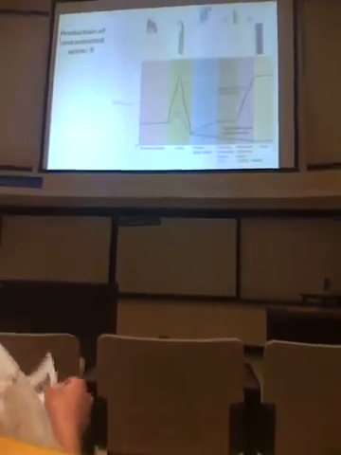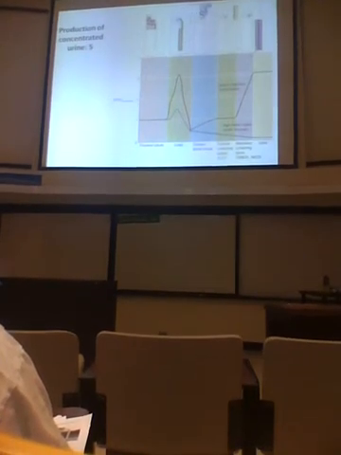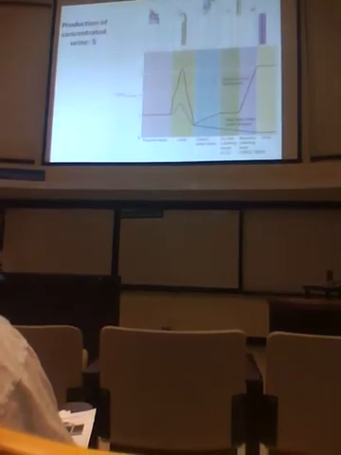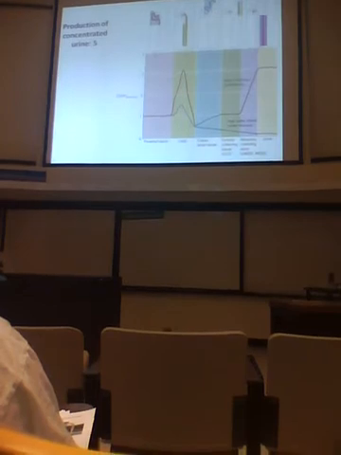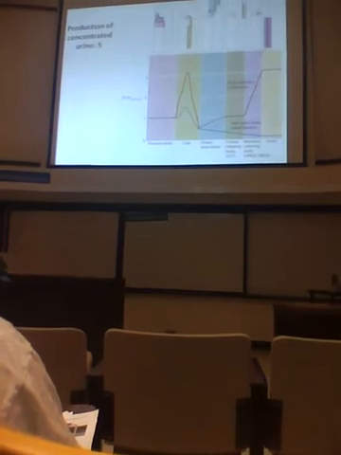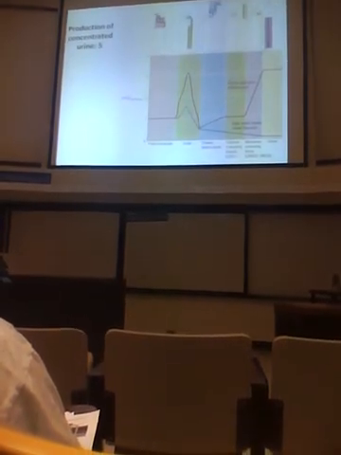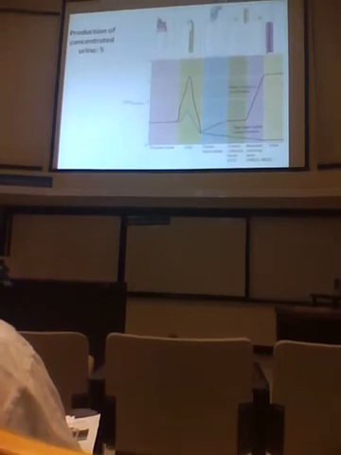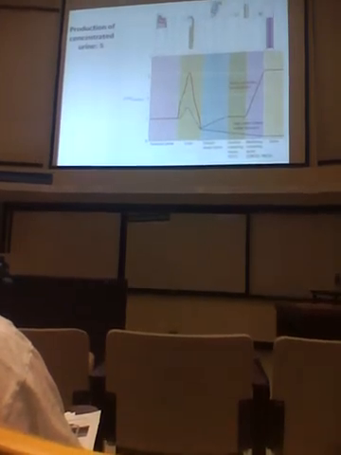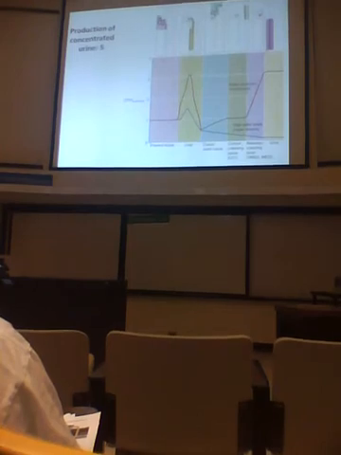ADH. Now, I found this picture in one of the textbooks, not your textbook, but I thought it was quite interesting because what it shows you is the different segments of the nephron: proximal tubule, loop of Henle, distal tubule, cortical collecting duct, medullary collecting duct, and then the urine that comes out. And what it does is it traces the relative concentration of filtrate in different segments of the nephron as you go down the nephron. So if you look at the conditions of water restriction, in other words, you are dehydrated,